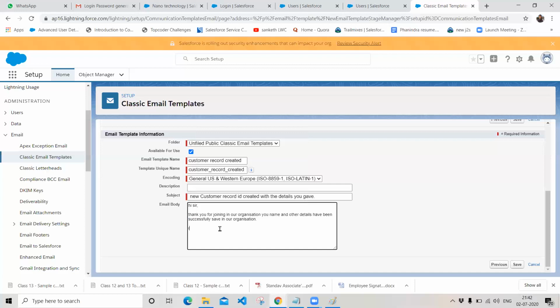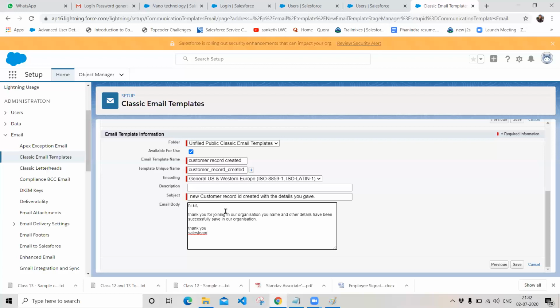And if you do want to give any record statements or thank you, you can give it over here. Thank you, sales team. So this is the text format of creating an email template.